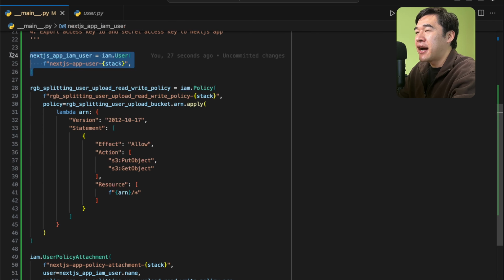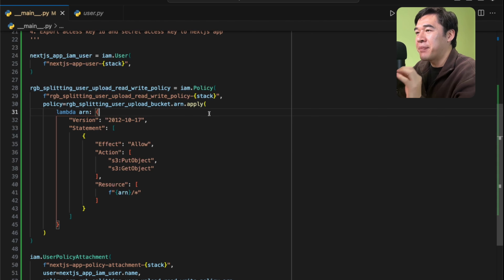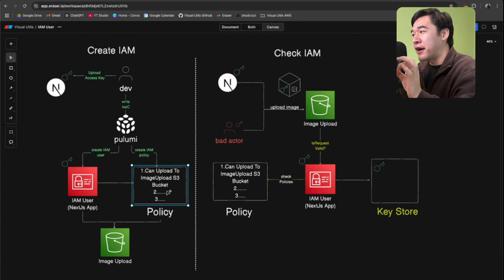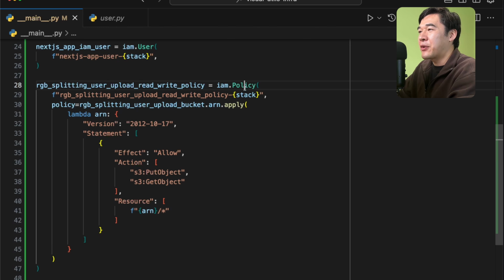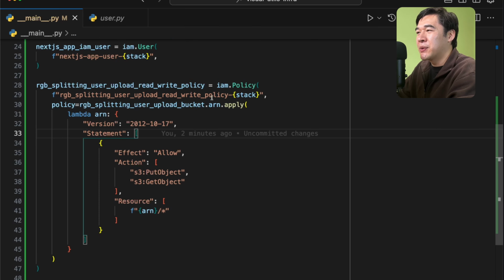So here I created an IAM user, which corresponds with this value right here. And then here I'm creating a policy to allow read-write access to my S3 bucket. So that's this portion right here. So here, I'm only defining the policy. I'm not attaching this policy to any person here. So here, I'm creating the policy and I'm giving the policy this name, RGB splitting user upload read-write policy, and